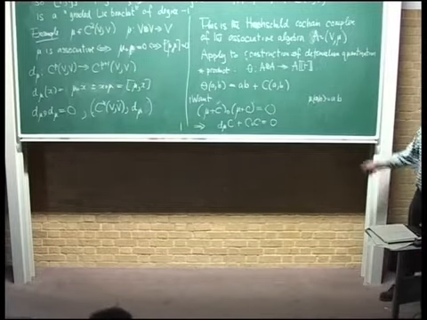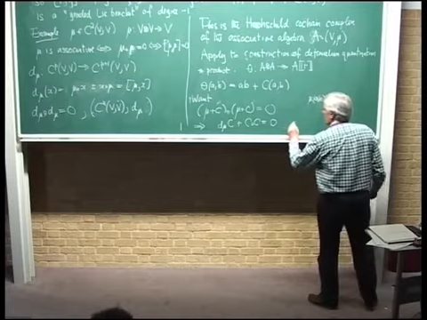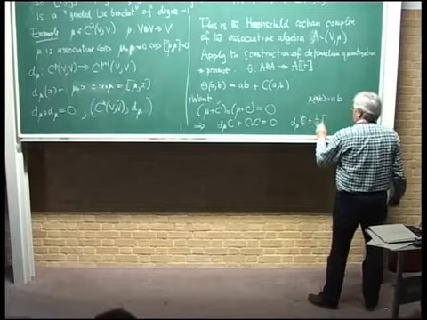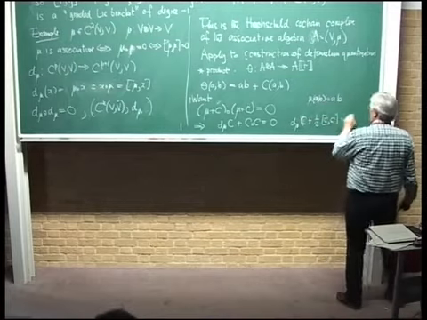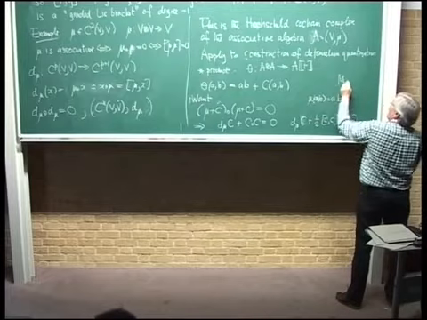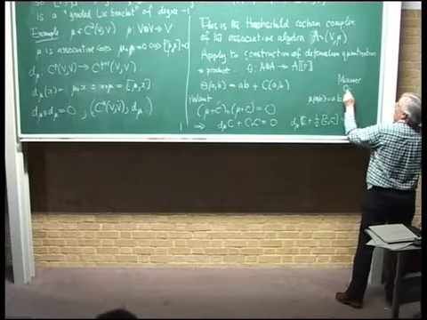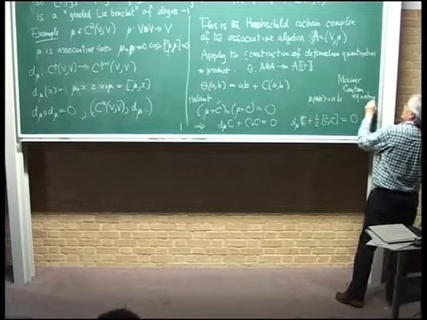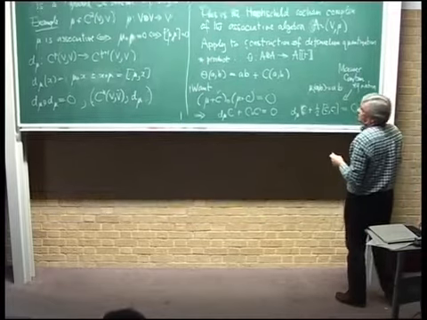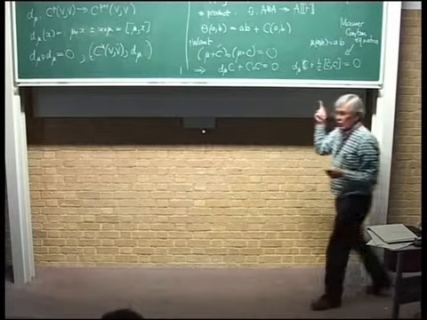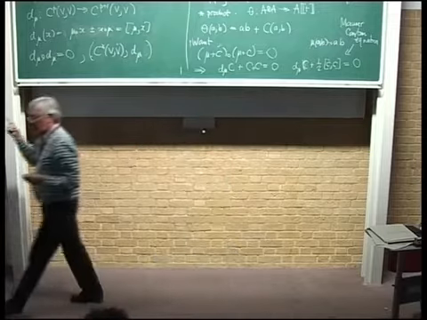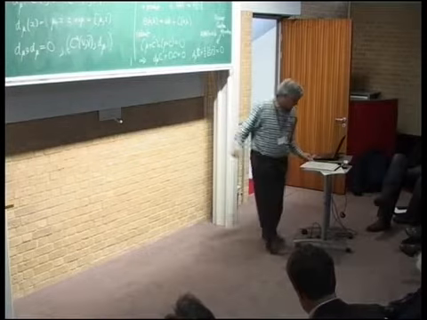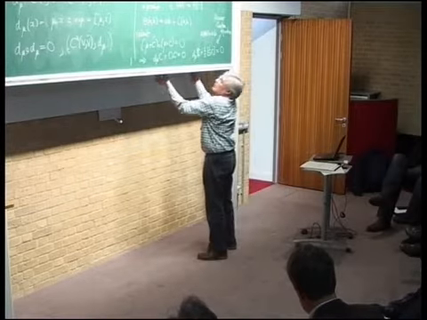And write that out, and you get this equation, or it's sometimes written d mu of c plus 1/2 the bracket of c with c is 0. So this is a thing called the Maurer-Cartan equation. So what we're looking for then is solutions of the Maurer-Cartan equation in this context, right? So we're looking for